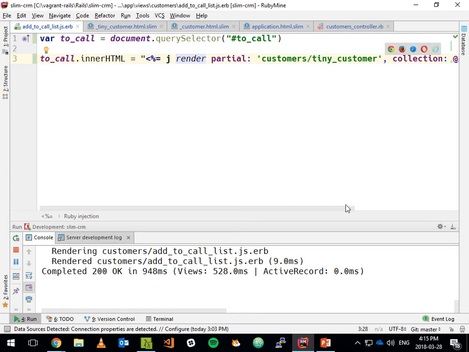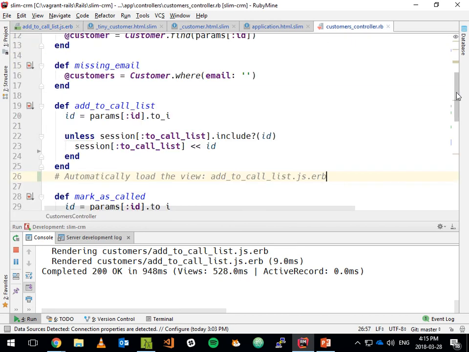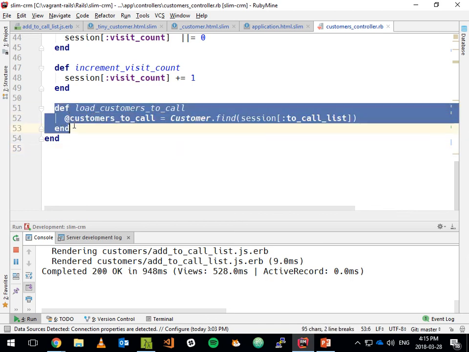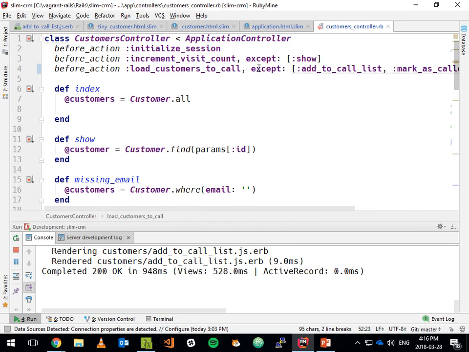And then the other thing I need to do is I need to make this customers to call variable exist. In the old way we did things, we would always reload back this index, which would then call this load customers to call, which would actually then call this thing here. That was all happening by way of a before action, something that runs before the action. I now need that to call list to be reloaded after the action. And initially I thought I could just have an after action hook, but that doesn't work because the after action hook is actually